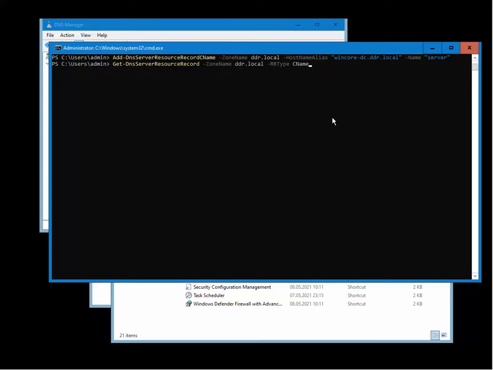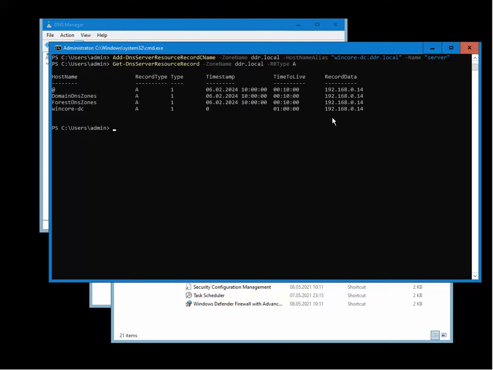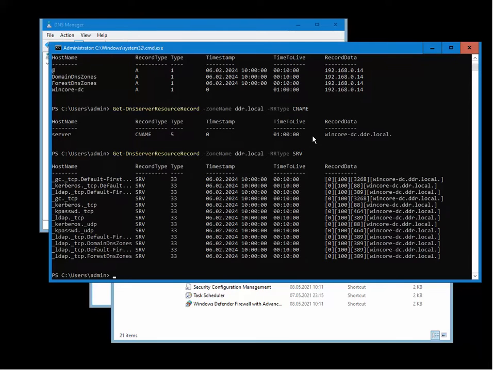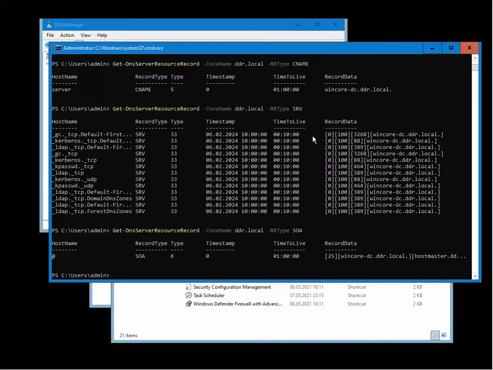You can type here A record, let's say, and we're going to see we got A records here. We got CNAMEs, SRVs, right? So there you go. Very easy